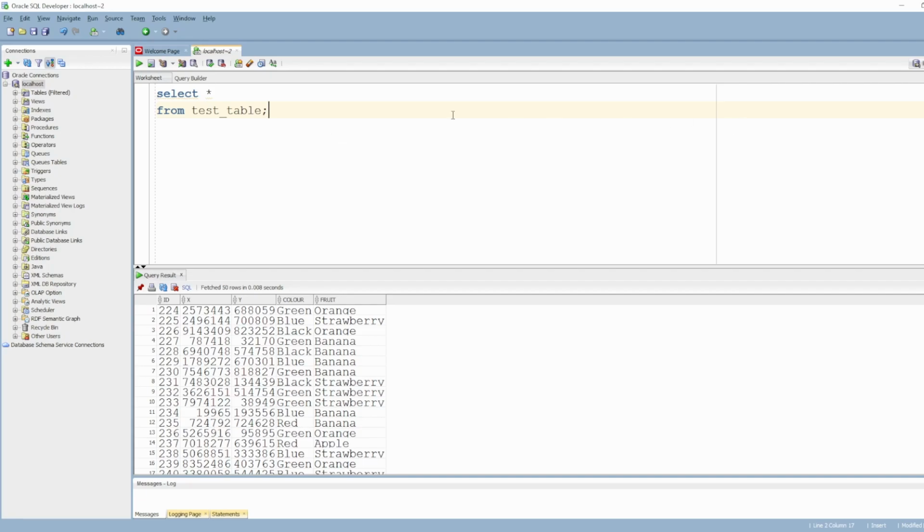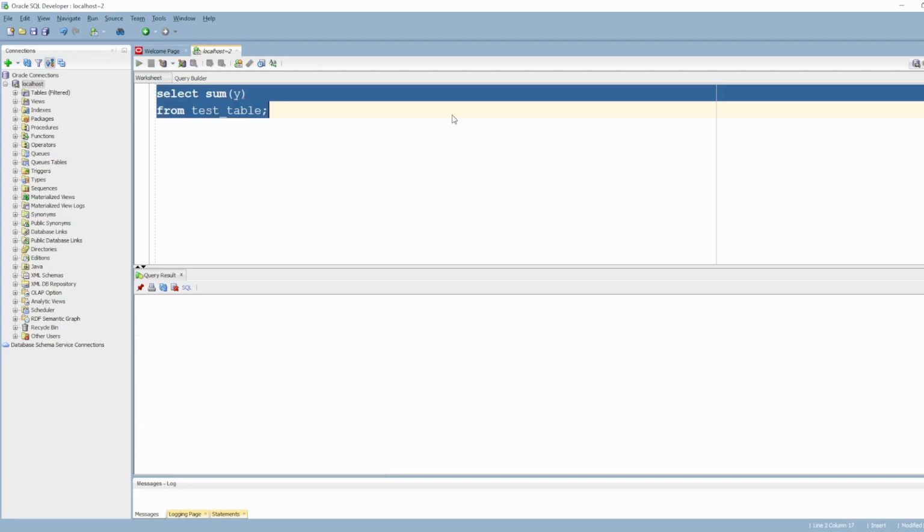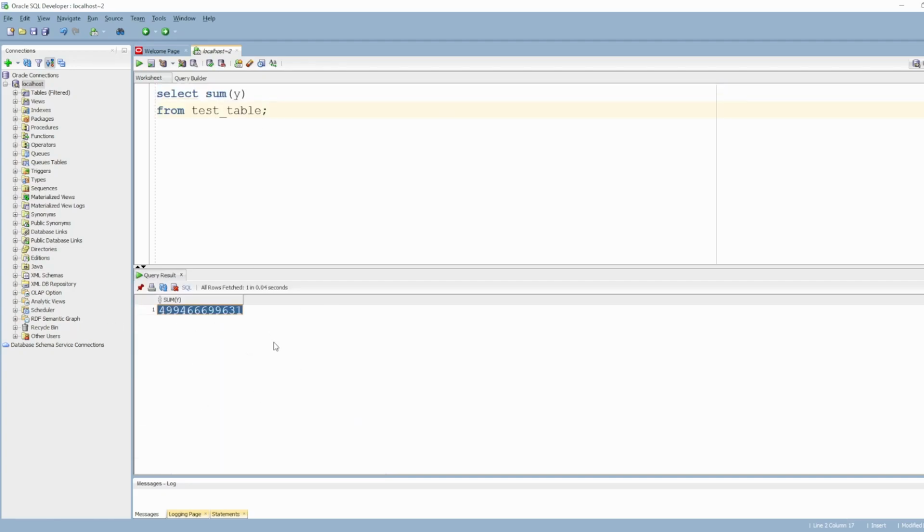First off, let's try to select a sum of y. We already know how to do it. It's pretty straightforward: you say select sum of y from test table, and we have a sum of y, which is a big number. I'm not going to attempt to read it. However, what if we wanted to have it in a row? If I now select every y from test table,